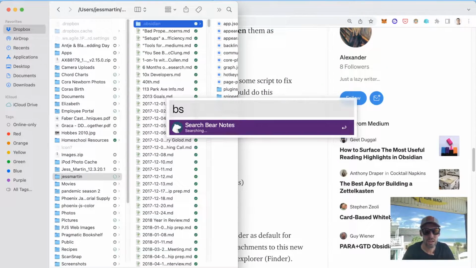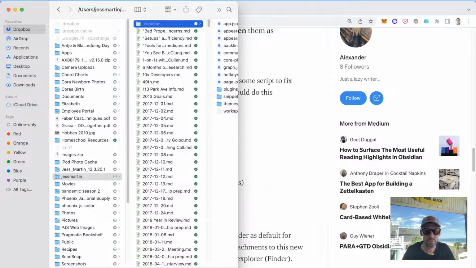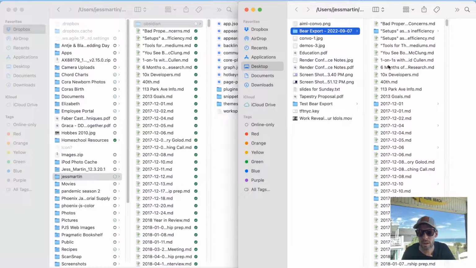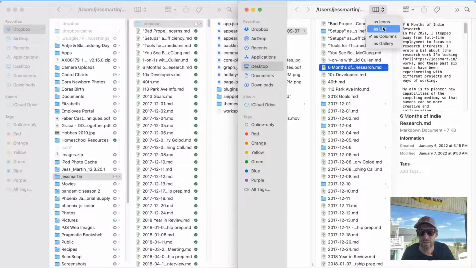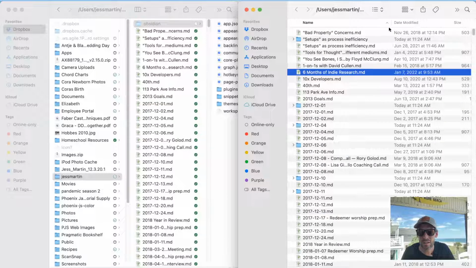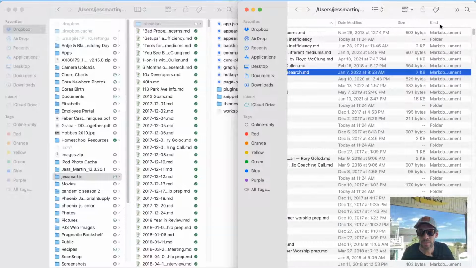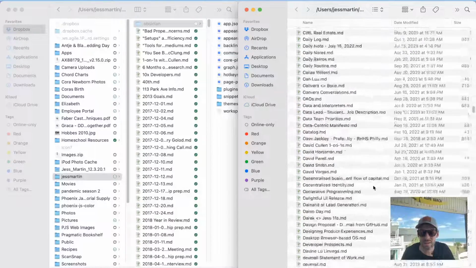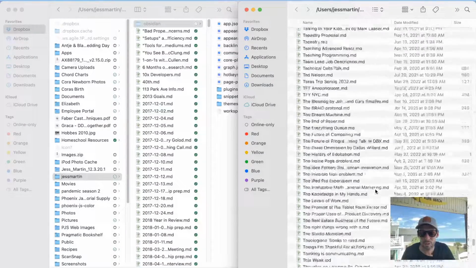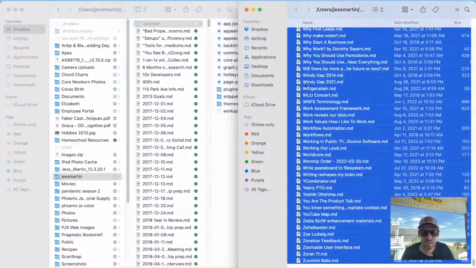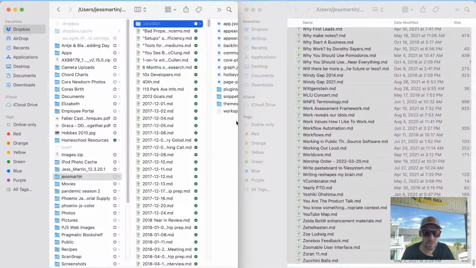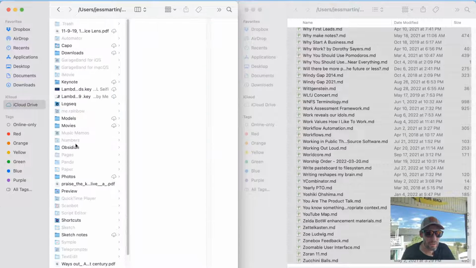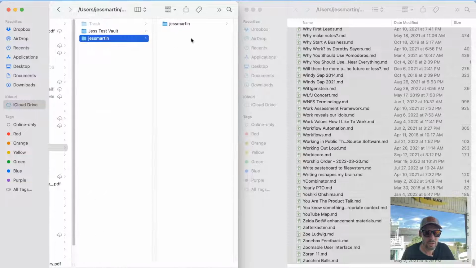There should be a file called Bear Export 2022. All right. Let's sort this file by list and then by type or kind, great. And now we will just grab all of these, copy, and then jump over to iCloud Drive, Obsidian, Jess Martin.